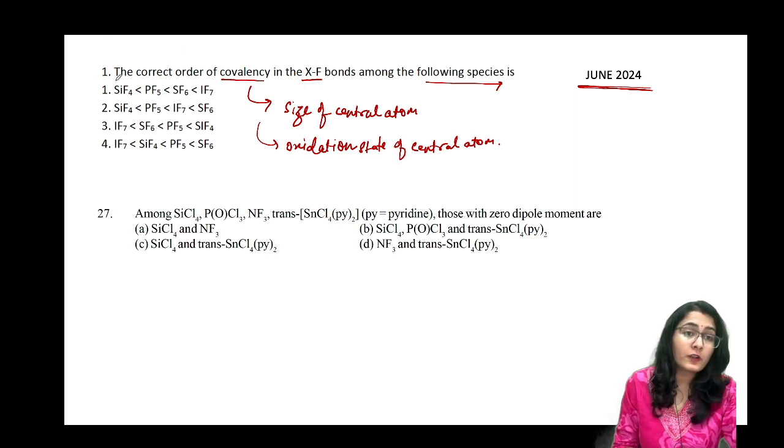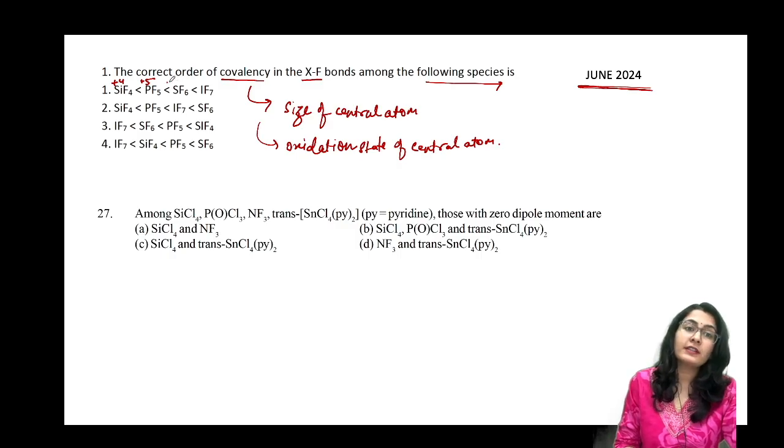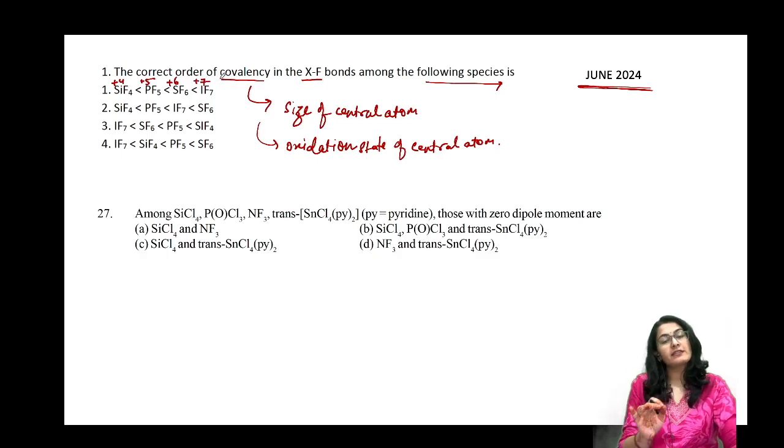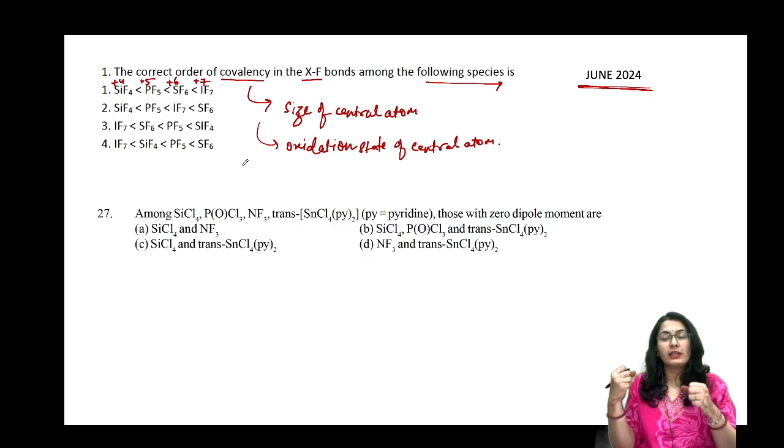What are those? The oxidation state. Silicon bigger in size, +4. Phosphorus smaller. This is +5. Sulfur again smaller in size, +6. About iodine, +7. So maximum, iodine has maximum oxidation state over here, so it might be pulling the electron pair